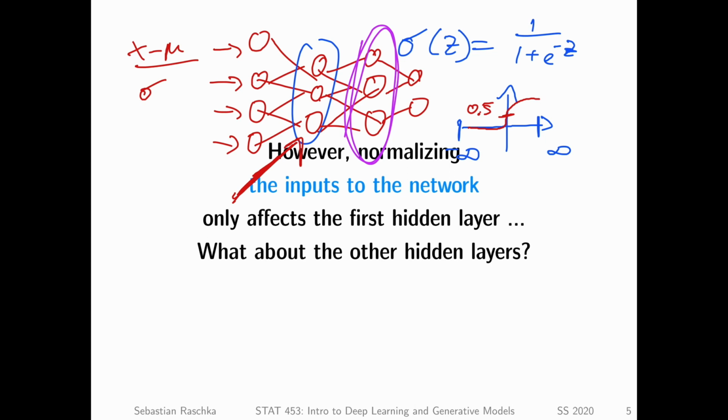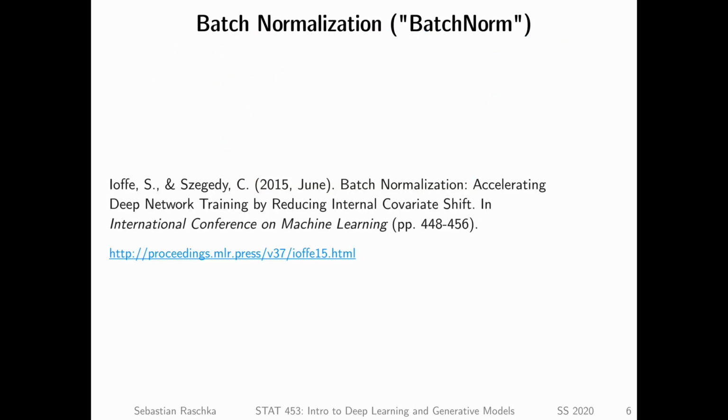So we need something more clever. We need something that also learns from the training data, where we have some parameters. And this technique is called batch normalization, which is almost old in the history of modern deep learning. It's already 5 years old by now, but it's still very, very popular and commonly used.